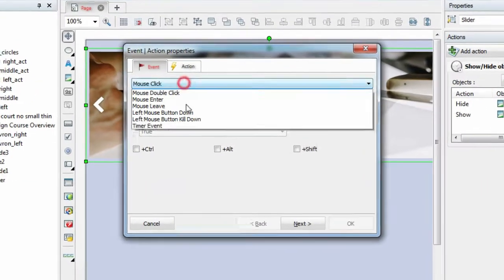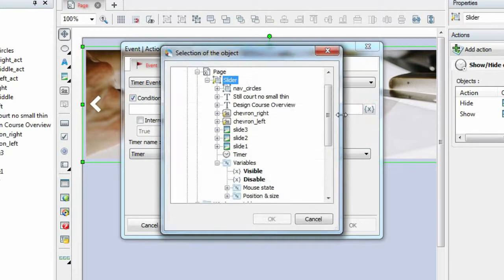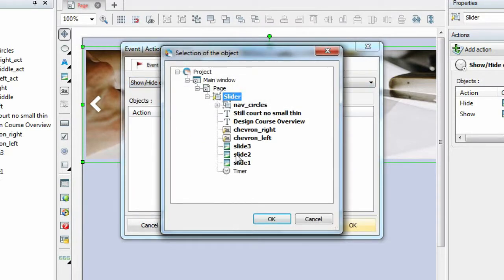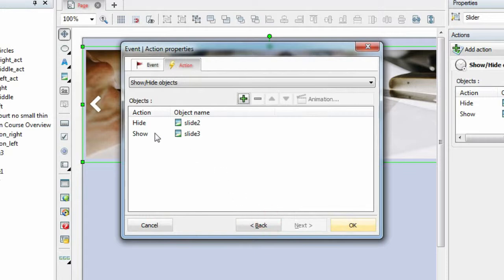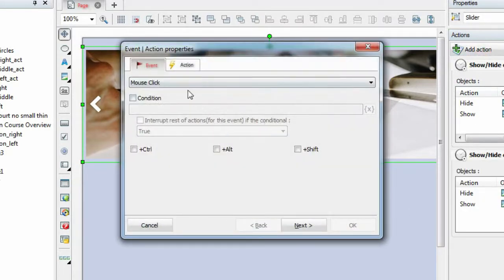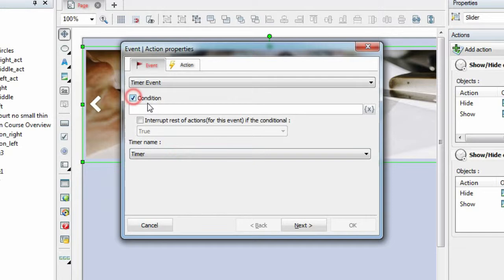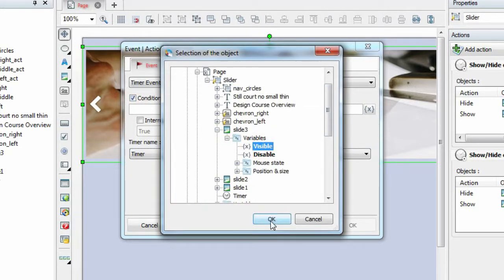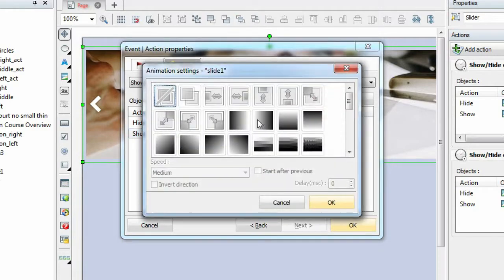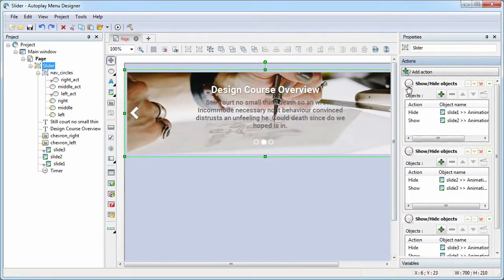Also, we need to add two similar actions for cases when the slide 2 or the slide 3 are visible. To avoid collisions, interrupt remaining actions if one event is triggered.